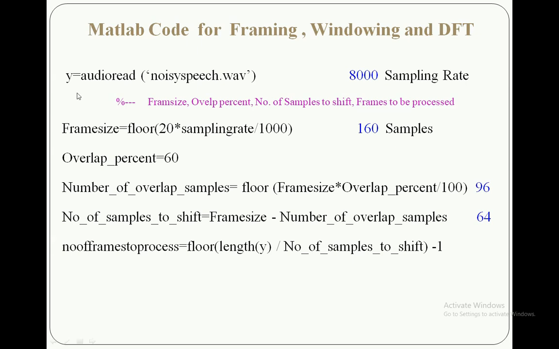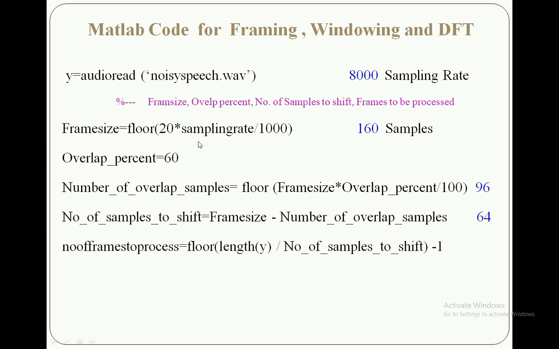Now, first I have to specify the frame size. For the total 16,000 samples, how are we going to select the short segments? For that I am selecting the frame size here. The frame size is 160. How do we get this 160? The sampling rate is 8,000; 8,000 by 1000 is 8, into 20. I am selecting 160 samples.